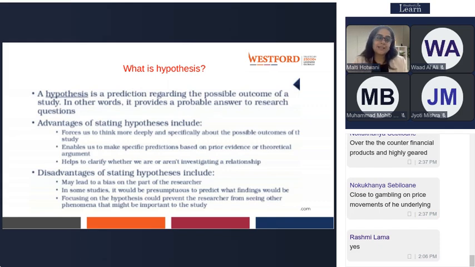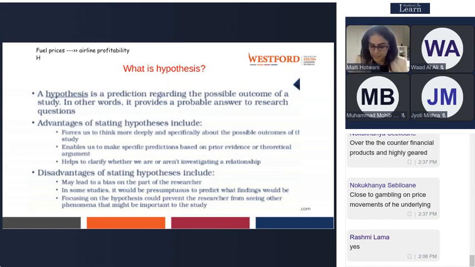Let's say last time we were understanding that there are two variables: one is fuel prices and another is its impact on airline profitability, right? This is what we have been discussing in our previous sessions. So what will the hypothesis tell us?